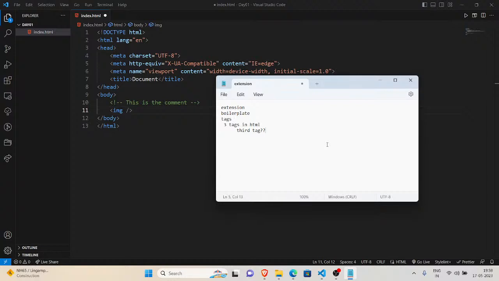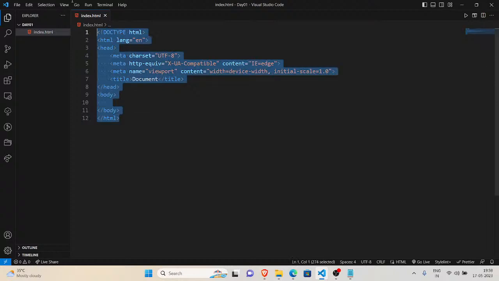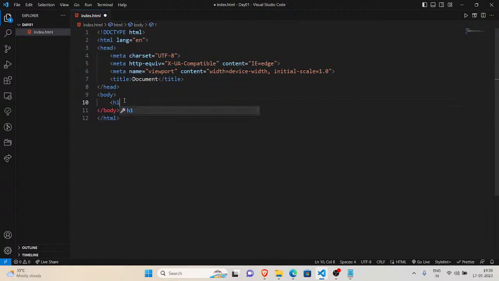Getting my point, guys? So, previously I mentioned that just as hashtag include stdio.h and int main in C, this is the boilerplate code in HTML. What if I write h1 tag hello?